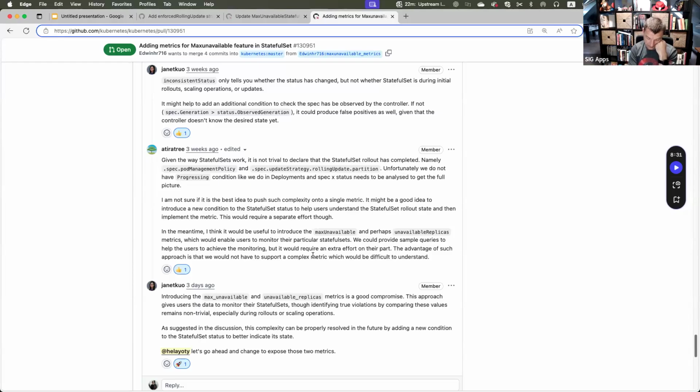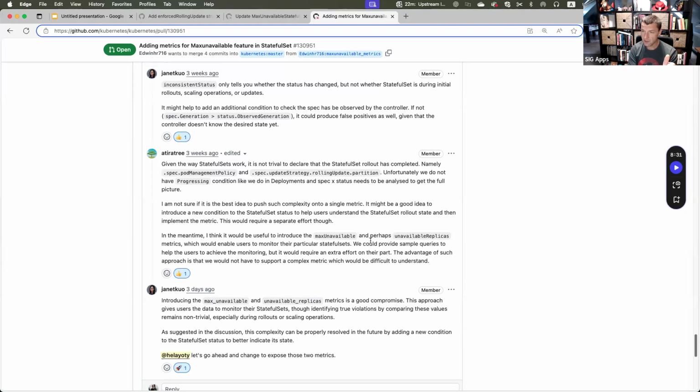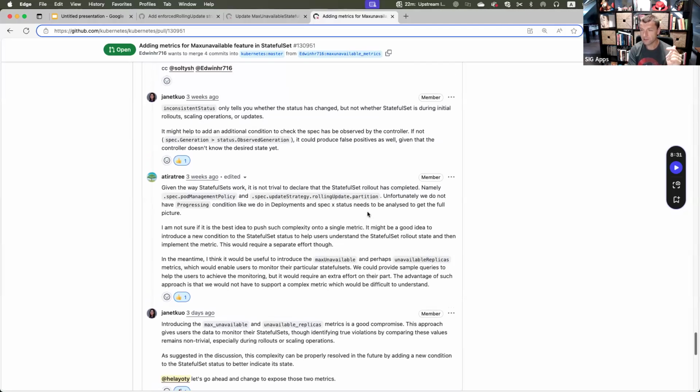Whether we want the histogram as an additional element that would also inform that, that's a separate thing. I believe Philip also mentions in his comment a condition so that we can actually track when a stateful set is being rolled.